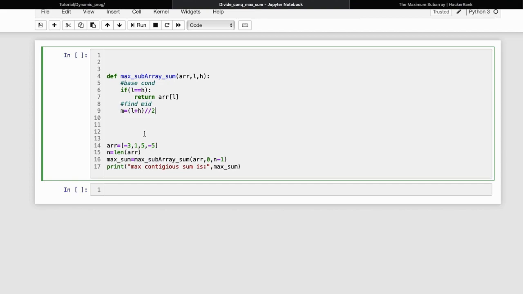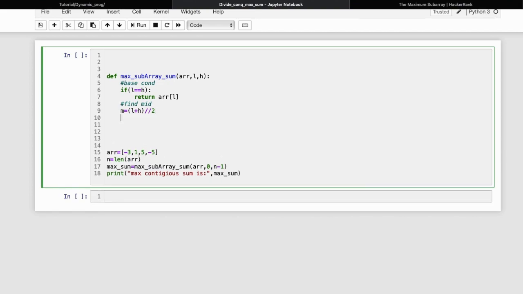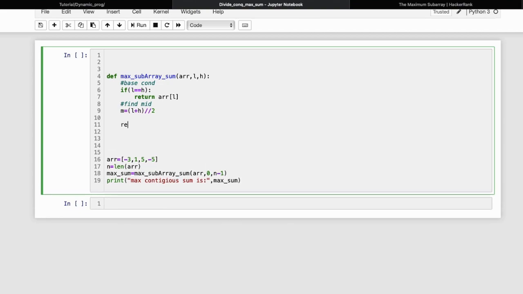So for that we'll simply apply a return condition. Return max of max of array. So we have to first return the leftmost.